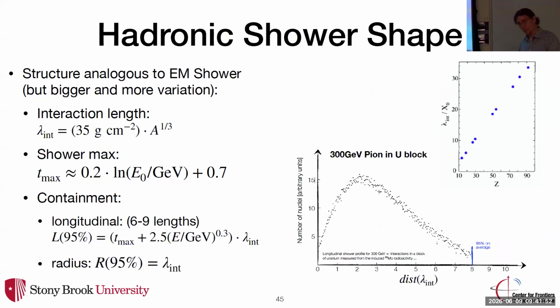Nevertheless, these showers develop in rough analogy to how electromagnetic showers develop, just bigger and with more variation. So we have an interaction length just like before. We have a shower max that moves logarithmically into the detector with energy. We can talk about containment in terms of how much longitudinal detector do we need to capture 95% of the shower. And we can talk about the equivalent of the Moliere radius here, but it ends up just being the interaction length again. But it produces the same rough shape. This is the number of